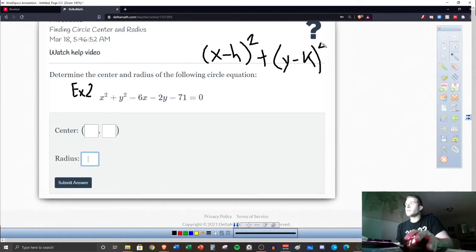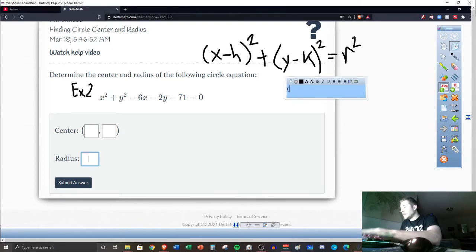What we're looking for now, obviously our equation is not in this format, okay? But we can manipulate it. So we're going to be using algebra to force this equation to look the way we want it to, okay? Now, something that's going to be helpful for this is to think about the equation like this. If I can rewrite my equation into something that looks like this,